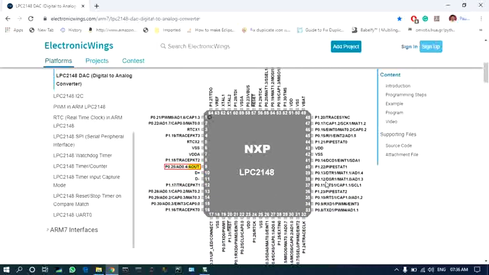Now have a look at this pin diagram. In this pin diagram, pin 9 supports AOUT. In order to enable the AOUT functionality, we need to set a value to the corresponding bits in the pin select register.